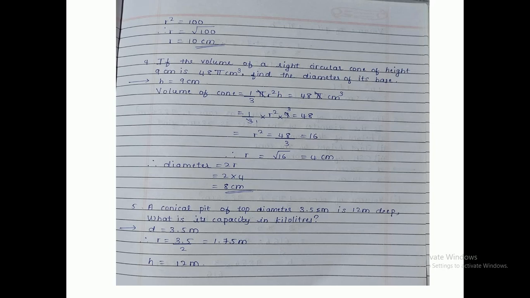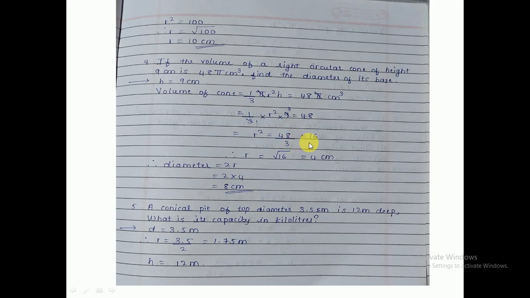Okay. So what is given? Just write down. h is equal to 9 centimeter. Then volume of cone is given. Volume of cone is 1 by 3 pi r square h, and that is already given as 48 pi. So when we equate 1 by 3 pi r square h and 48 pi, we can observe that in the LHS part and RHS part, pi gets cancelled. Then 1 by 3 into r square into 9 is remaining on this side, 48 is remaining. Then 3 1s are 3, 3 3s are 9, here r square is equal to 48, this 3 will be transferred here, that is divided by 3.